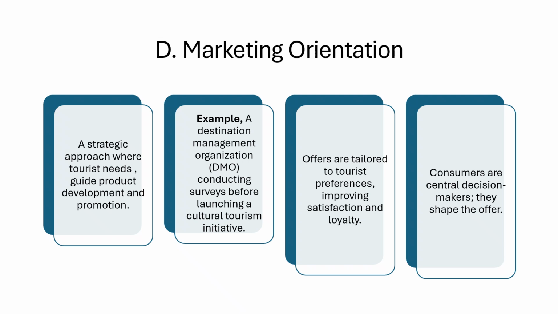The next one is marketing orientation. The entire goal is to identify, understand, and satisfy the needs and wants of a customer. And therefore, this one prioritizes the market. It's in this orientation where you as marketers need to ask yourself, who are our tourists? What do they want? How can we do better than others in the market? I would say this one is one of the most excellent orientations, because